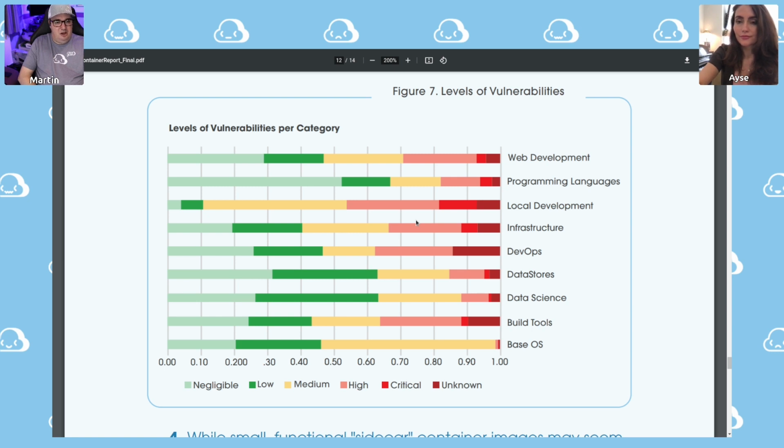Versus, look at that, we've labeled this local development. We've called it local development, but these are for the top 100 containers in production. Look at all of that development tooling that's in production that is horribly vulnerable because it's a bit brittle and fragile and people don't want to change it often. So they're constantly shipping into production not particularly up-to-date components. And there was one other in there, I think it's the infrastructure piece as well.